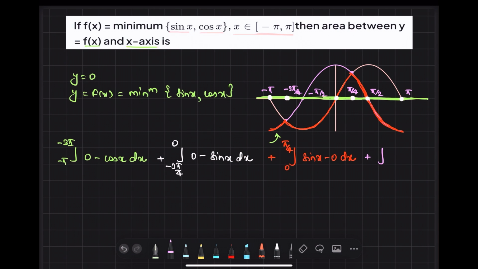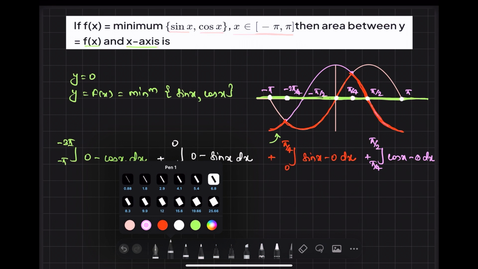Okay. Now focus on the next region. The next region is from pi by 4 to pi by 2. Who is above? The red is above, and the red part belongs to the cos function. So it is cos x minus 0 dx. Okay. Now from 90